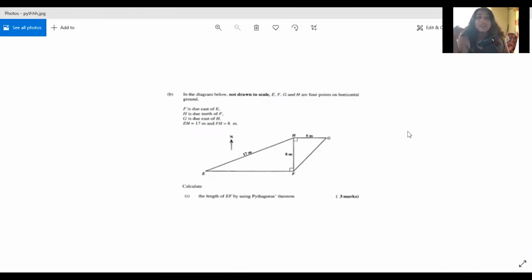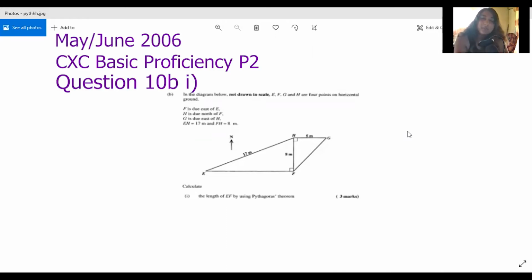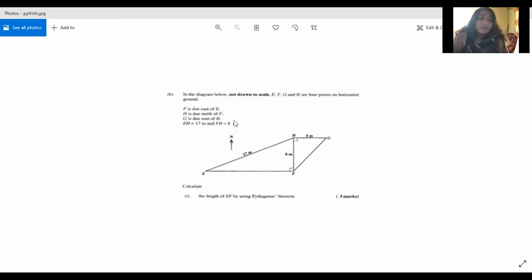Today we're going to be looking at the Pythagoras Theorem once again, but we're looking at how we apply it to find the length of a missing side where it's one of the legs of our right angle triangle. You may notice that it has some bearings references for those of us who are familiar with bearings. However, we're not going to look at the bearings, we're actually looking at the application of the Pythagoras theorem to